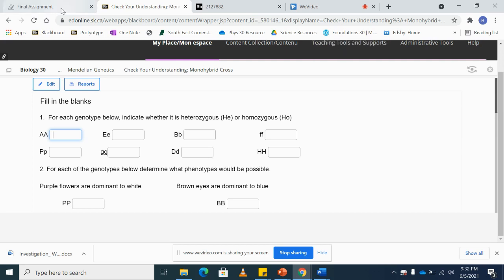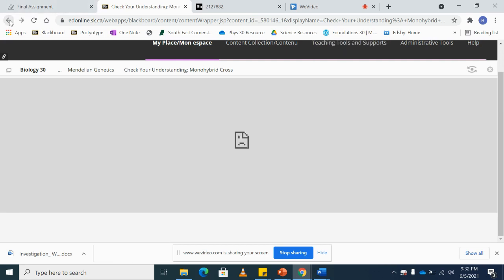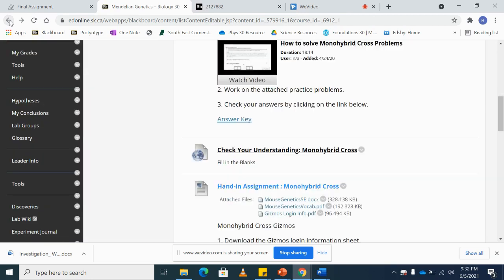And I will instantly know what students know and what they need to focus on again. So if a student has done poorly on this check your understanding question, I can give them a mini lesson, reteach the lesson one-on-one, and give them more practice questions to work on before they go on to learn